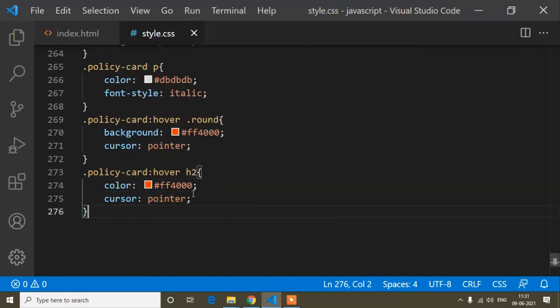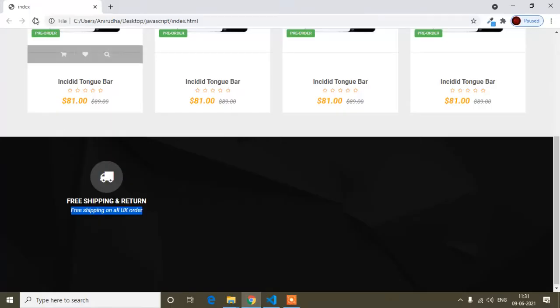So this is done. Now if I save, you can see if I hover on this product card, I mean this product card is also full, this is the parent class, the color is changing for the round, and also this h2 tag. So this is done.